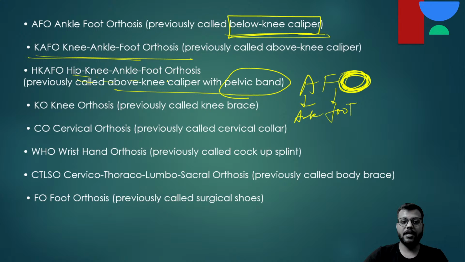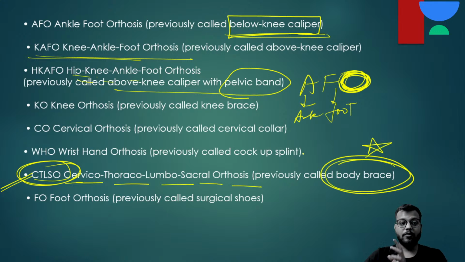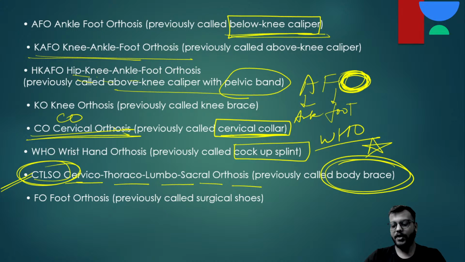ठीक है. What is CTLSO? It is important. It is सर्वाइको लंबर सेक्रल ऑर्थोसिस, पहले इसको बोलते थे बॉडी ब्रेस। ओके, WHO इज रिस्ट एंड हैंड यूज्ड, पहले इसको क्या बोला जाता है, कॉकअप स्प्लिंट। ओके, सो कॉकअप स्प्लिंट की जगह नाउ यू call it WHO wrist hand orthosis. Cervical collar, now it is called as CO orthosis, CO। okay, so remember this, इस पे question आ सकता है